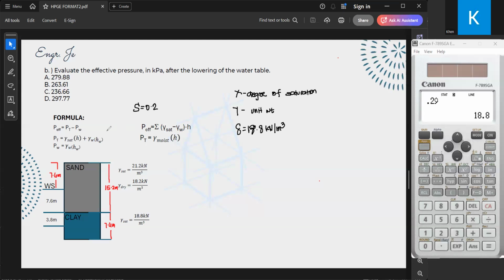Since we have now our gamma moist, let's rewrite it. Gamma moist is equals to 18.8 kilonewton per cubic meter. And since we now have our gamma moist, we can solve the effective pressure. So for the moist part, the total pressure is just gamma moist times height. First, let's put our formula. That's P effective is equals to PT moist plus the total pressure of the sand submerged minus